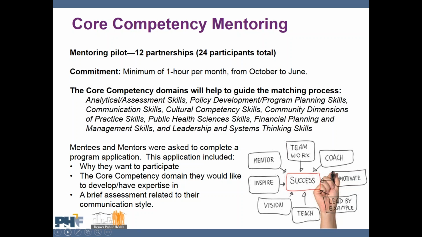And then we looked at the folks that took the survey and identified as an expert in some of these domains, and we tried to pair them up outside of their normal chain of command. As they were willing to volunteer and participate, this was completely optional for our department, but we had 12 partnerships, or 24 folks total, who thought, yeah, I would love to participate in mentoring in this capacity. And they've been meeting at least once a month starting in October, and that's actually going to wrap up at the end of this month, and we'll have a celebration. And I'm really looking forward to hearing what they've learned and to see if their core competency results have gone up in light of this mentoring program.